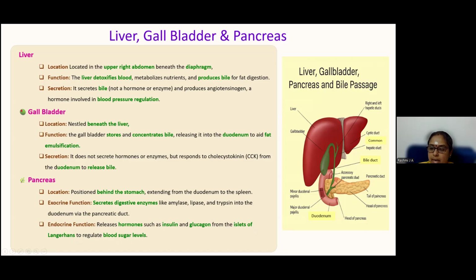So the pancreas has three parts. We have the head, body and tail. And in the tail region, we have the islets of Langerhans, a special kind of tissue or cells. There we have two types of cells, alpha and beta. Those two will be secreting insulin and glucagon. When you move into the diabetic part of this TTC course, I think this will be dealt with in detail for you to understand.